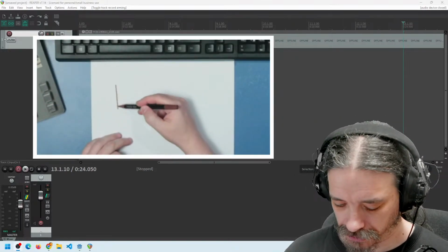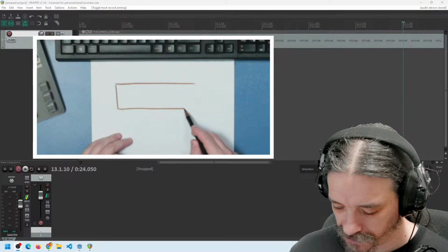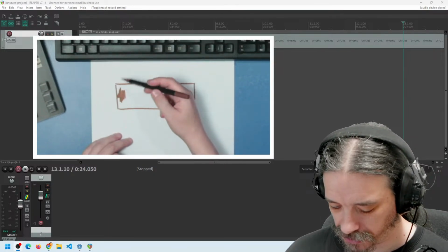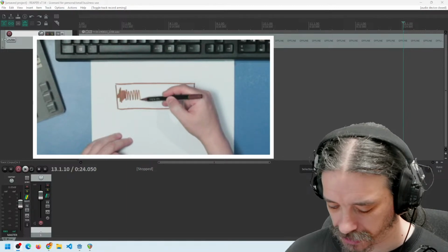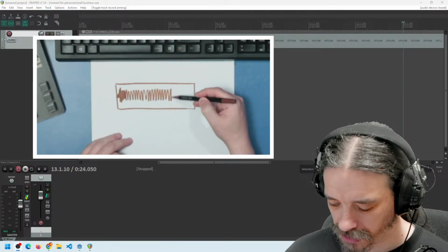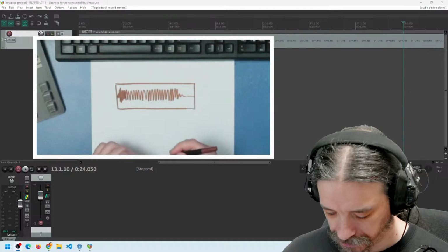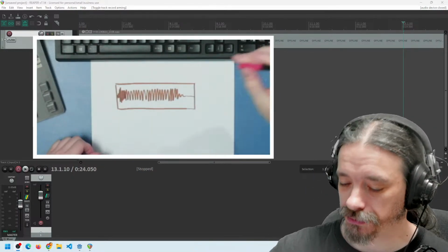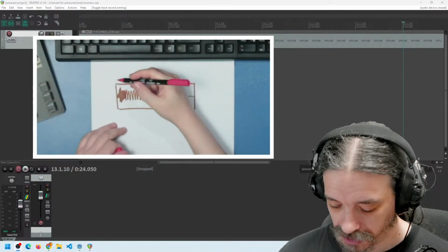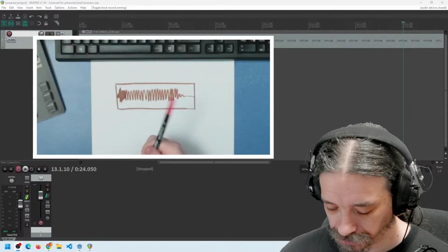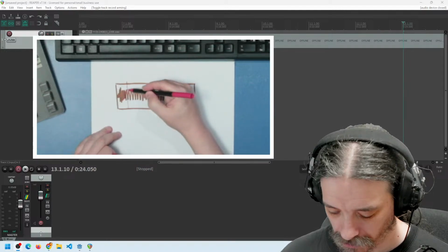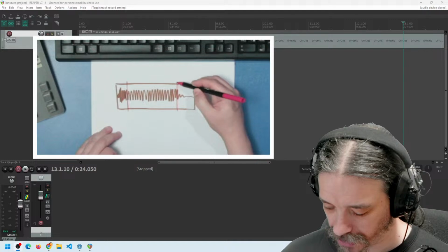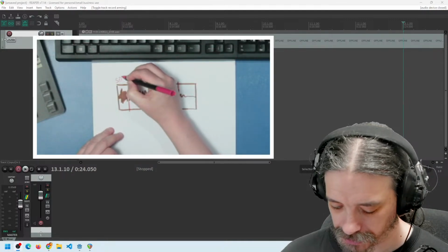So I have a file for the sound that starts. It has some kind of start, then it has a loop zone, and then it has a decay. This is what I want to have. This section here will be the beginning, this will be the loop, and this will be the end. So start,